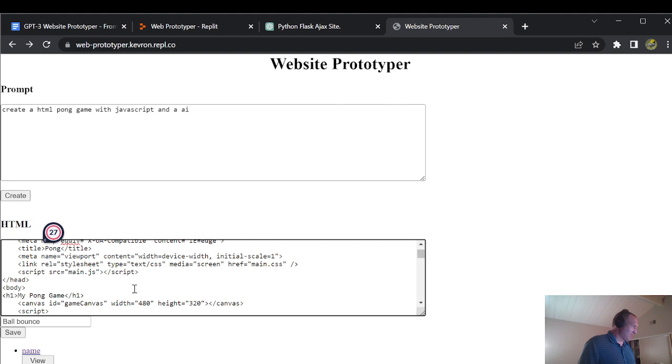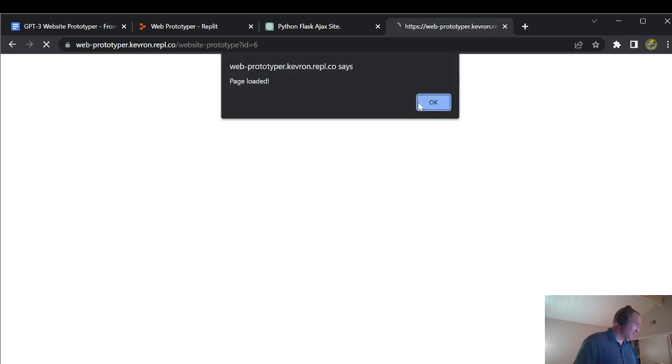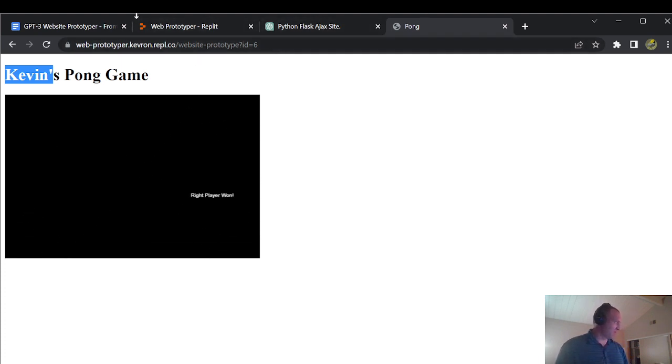Then you can also change things. I'll do Kevin's Pong game. You can change some text here, so we'll have this new Pong Kevin. You can click here and you'll see you can change the HTML too. So it's a very quick way to play with this